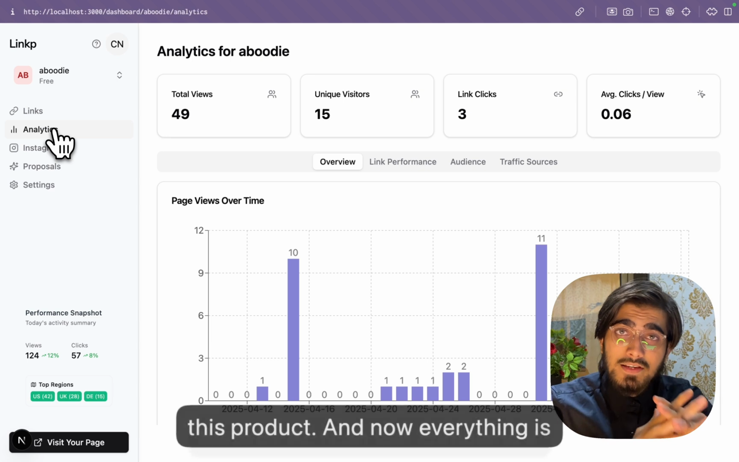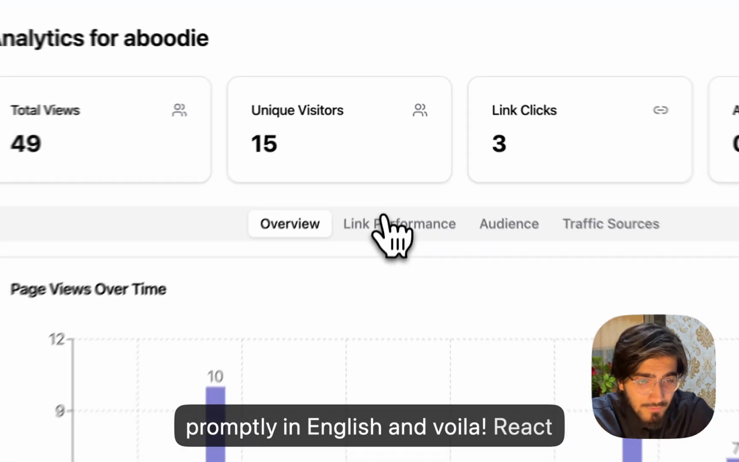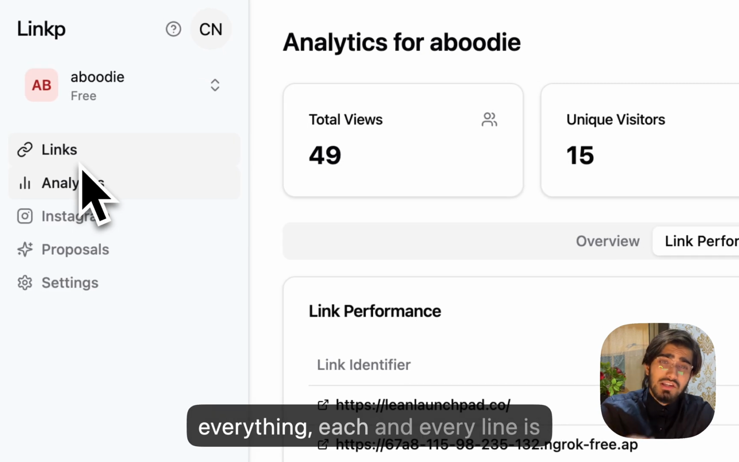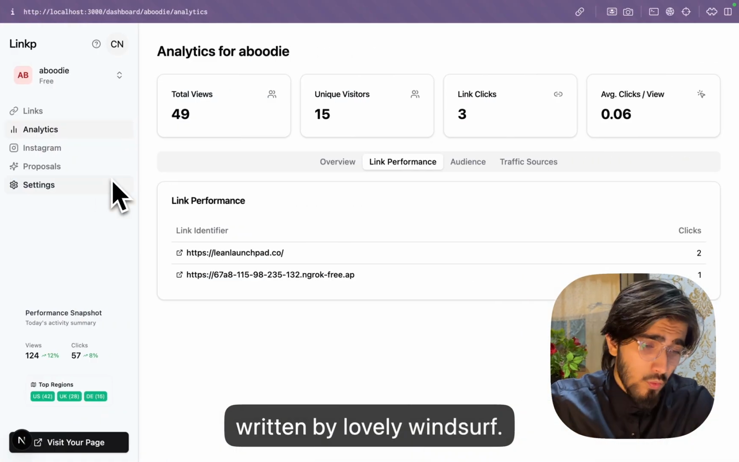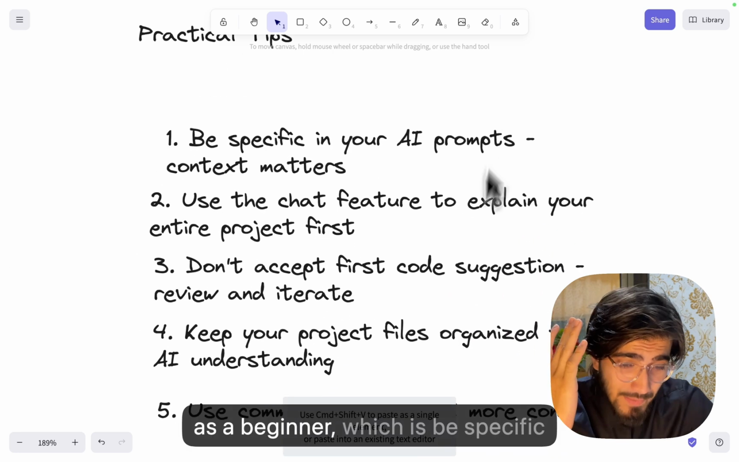And now everything is done by AI. I can just command it in English and voila. Link performance, audience, traffic source, everything, each and every line is written by lovely Windsurf. Here I have some practical tips for you guys that you need to take care of as a beginner, which is